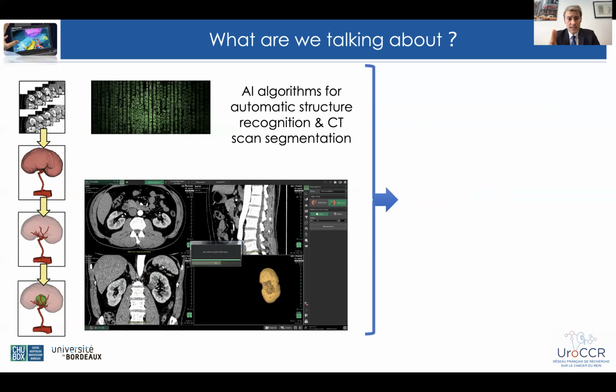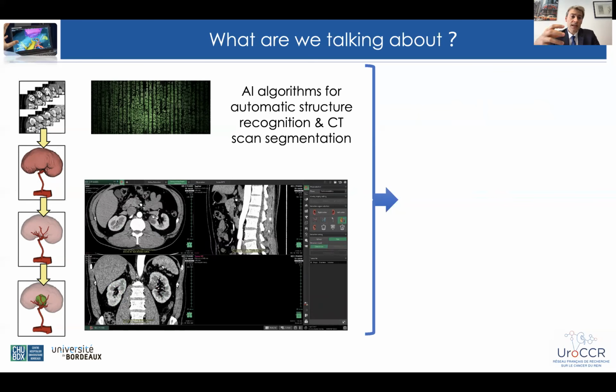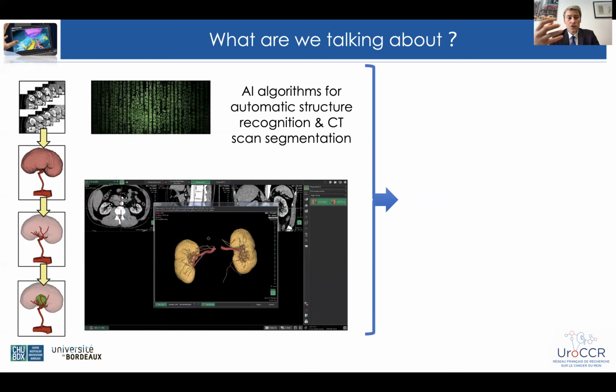As you can see here in this short video, the software will analyze all the slices of all the phases of the preoperative CT scan, and from these 2D slices of the CT scan, they will extract the volumes of interest, meaning the volume of the tumor,